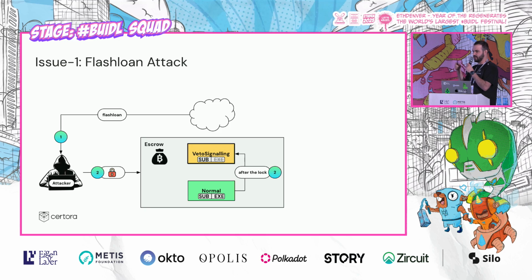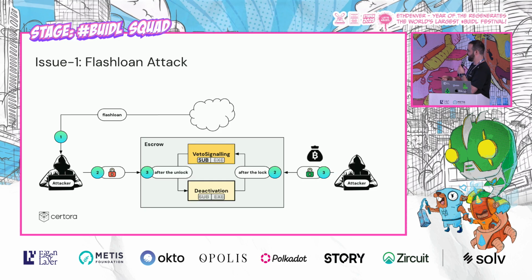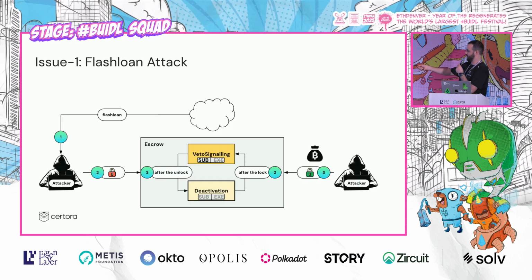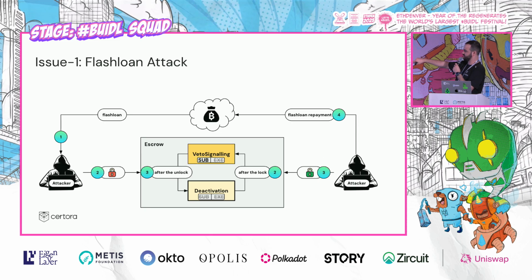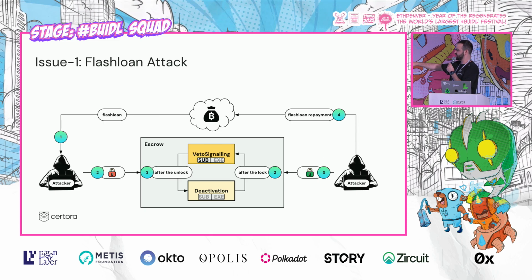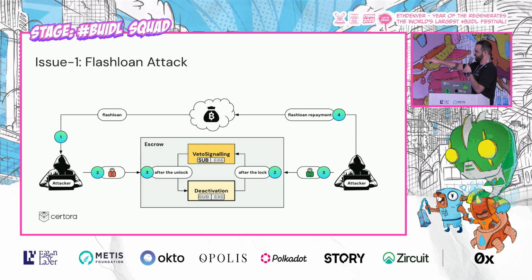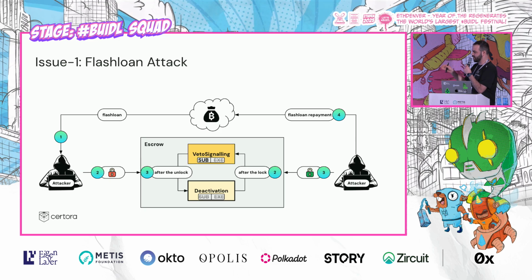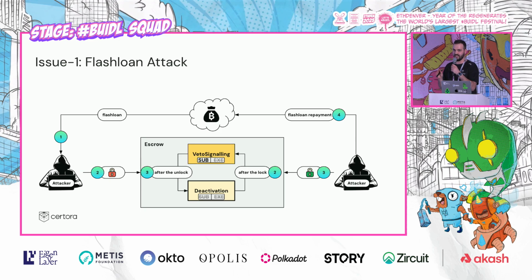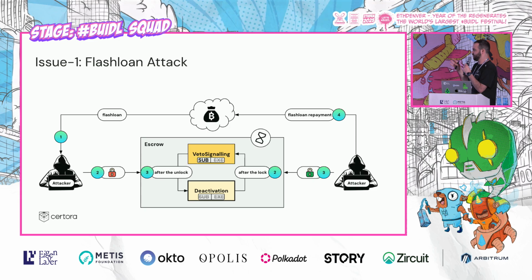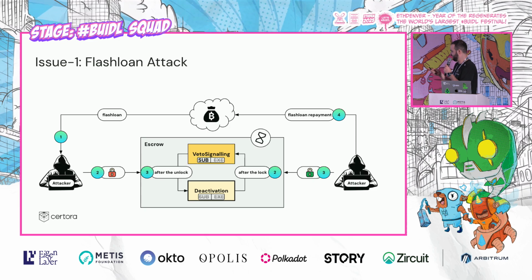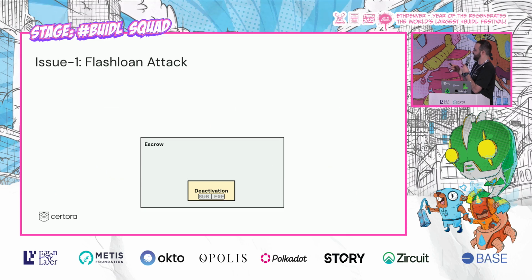Then, because it's a flash loan, we need to repay fast, right? Which means that we need to unlock the funds and transfer them back to the flash loan provider. By doing so, we transition to the deactivation phase. In this phase, as you can see, there is no submission and no execution. But don't worry, it's only for 24 hours, right? After 24 hours, everything goes back to usual. So wrong, because we can do it again.